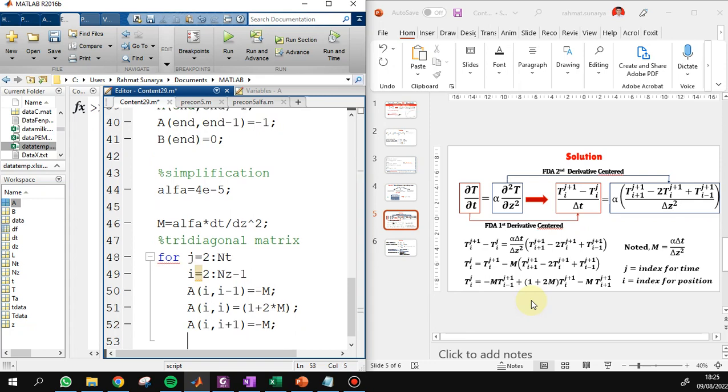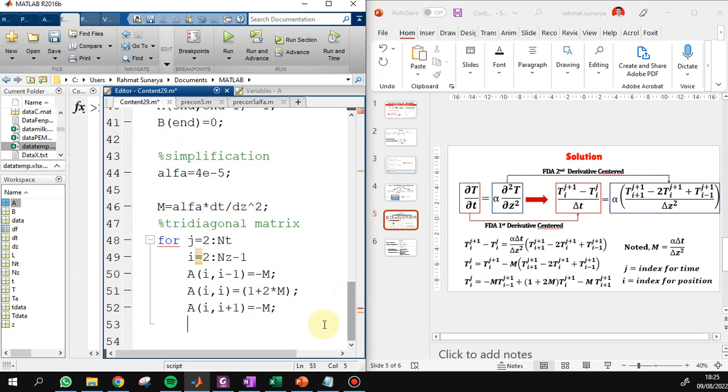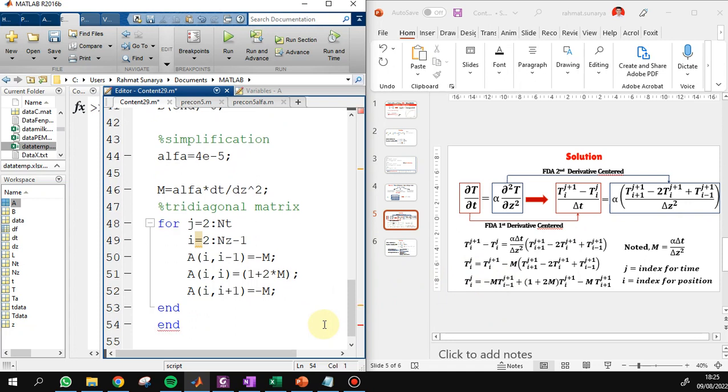Next we move to B. To see how it works, we must close with end. Oh sorry, I forgot to put end.